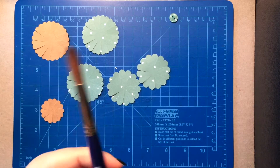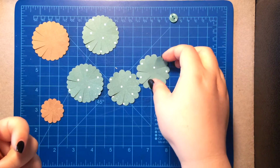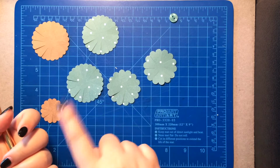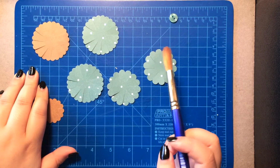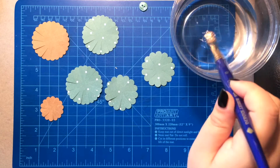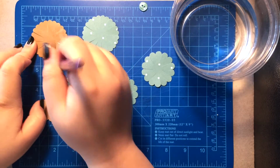Next, we're gonna take a paintbrush, and you can use any paintbrush. You can even just take your flowers and dip them in water, or you can take a spritzer and spritz water all over your paper. But what we want to do is wet our paper. Just a bit of water here, and I'm gonna just dip my paintbrush and just dampen my